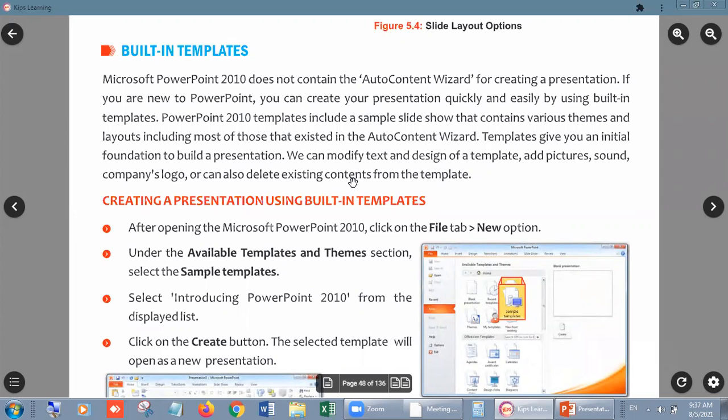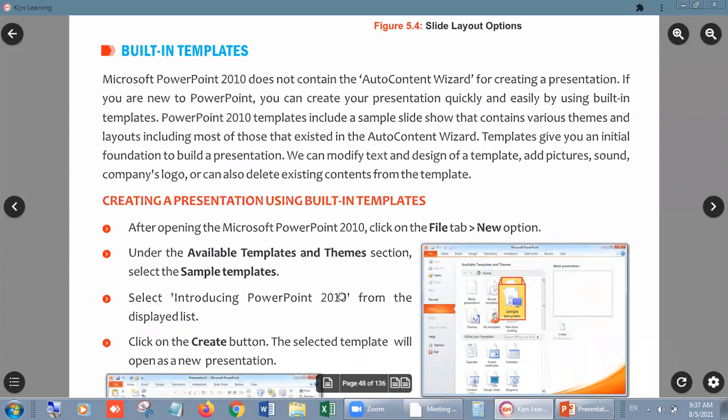We don't need to use any style which we think of, because in PowerPoint we have so many pre-designed formats which you can use, and these predefined formats are called built-in templates. We know them by the name built-in templates.